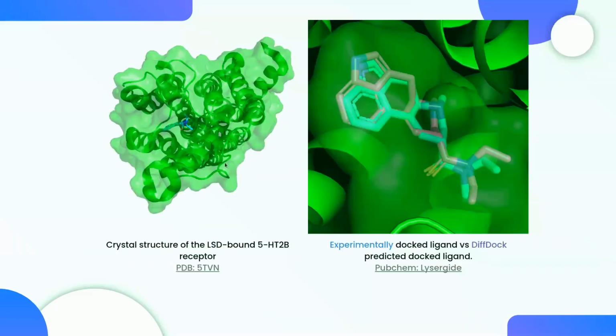So this is one of my favorite cases of a ligand bound to a receptor. This is the crystal structure of LSD bound to the 5-hydroxytryptamine 2B receptor. And over here is the experimentally docked structure in blue compared to the DiffDock predicted structure. One of the reasons why I want to include this example in particular is because LSD is very interesting